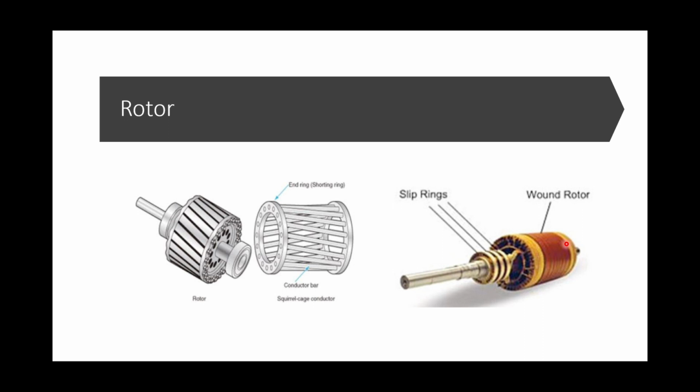But the main point here is that this will matter only when you connect your machine to the network, with fixed frequency and fixed voltage. If you connect to a variable frequency, variable voltage supply, then whether you have a squirrel cage or a slip ring will not have any effect on the torque produced, the amount of torque the motor will produce, or at which point in time the torque will be produced.